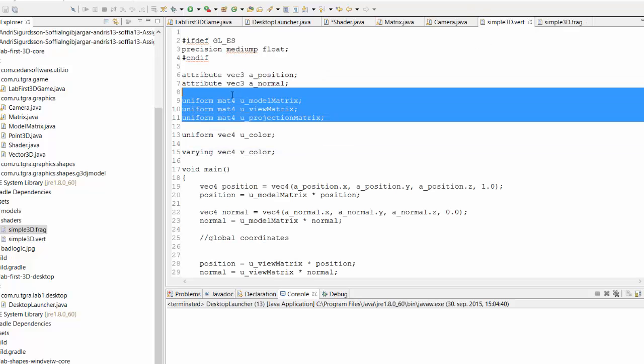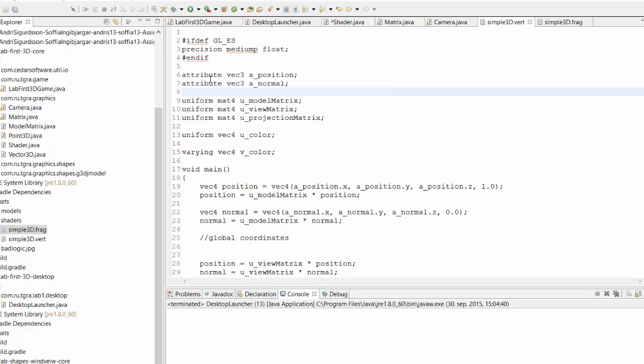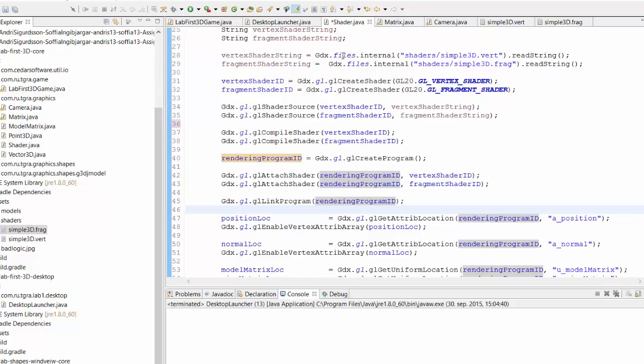Then we have these variables here. Then we have these attributes, which are the normal lists and the position lists, or the vertex lists that we send in. We just get one at a time into the shader out of the list, but we can set these attributes up as lists. These are just variables that we can set. And so inside the shader code,